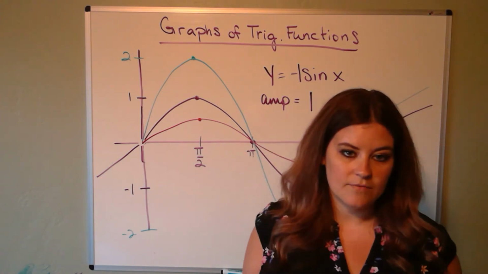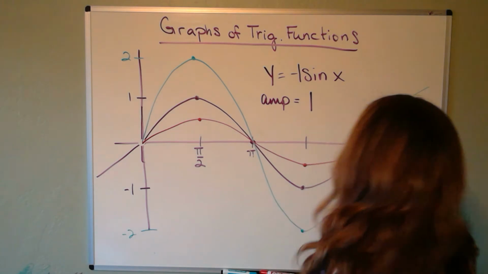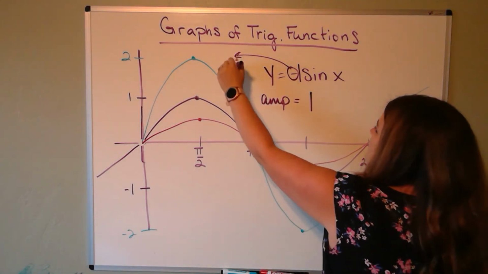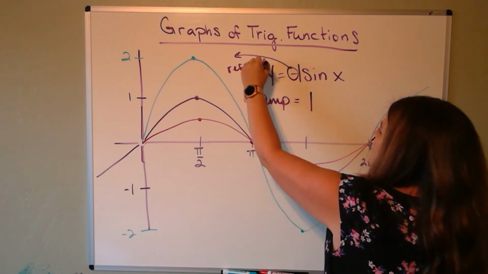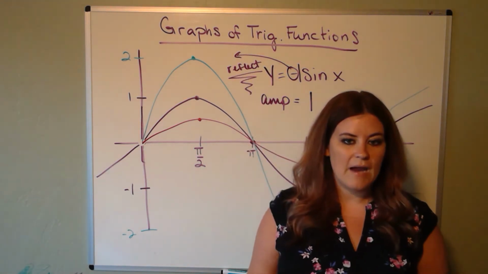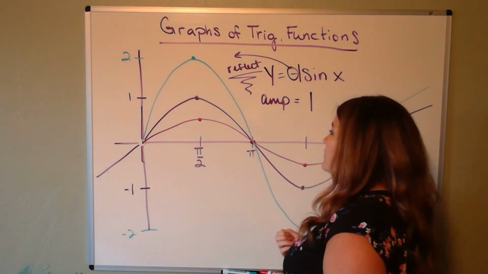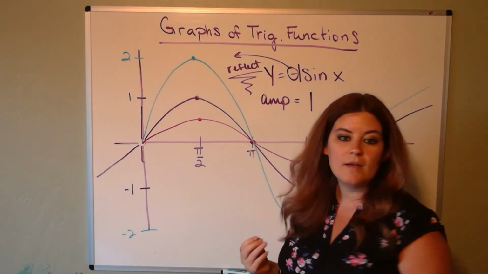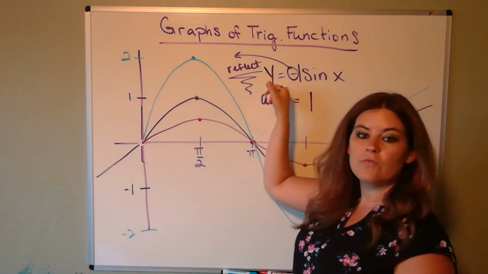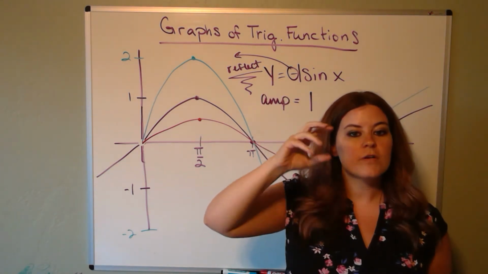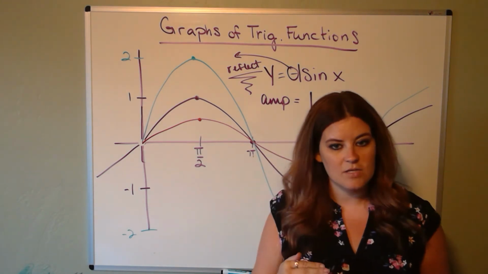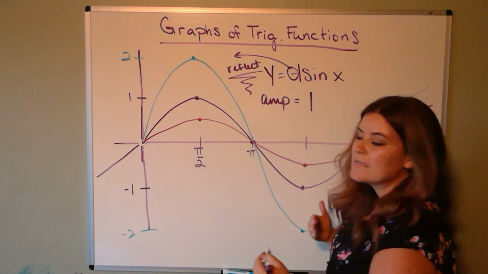So what's that negative doing? That's the question. This negative is going to cause a reflection. I'm going to have to reflect this graph. Every time we reflect a sine or a cosine function, when we see this negative in front, we reflect over the x-axis. I want you to think about it as an up and down reflection, because what it means is